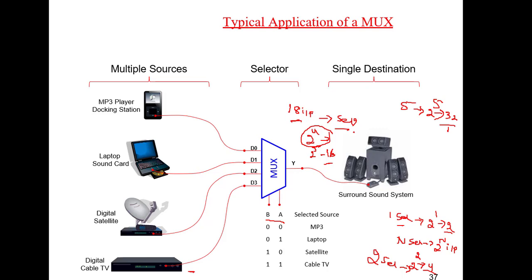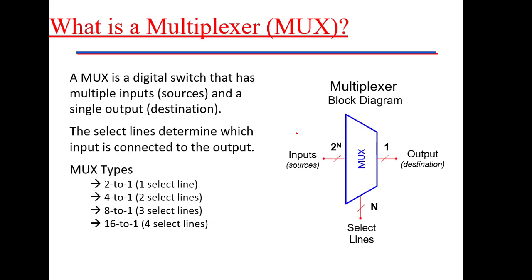This is how the multiplexer works. We usually call it a 2 to 1 multiplexer, so we have 2 inputs and 1 output. Always remember, I told you the multiplexer output is only 1, never ever changes. One more possibility is 4 to 1, which is nothing but 2 select lines. If it is 3 select lines, we call it an 8 to 1 multiplexer. So we call it 2 to 1 mux, or 4 to 1 mux, or 8 to 1 mux, or 16 to 1 mux, and so on.